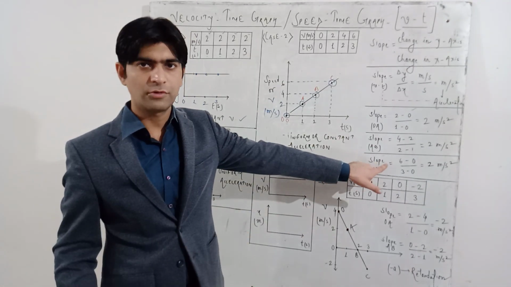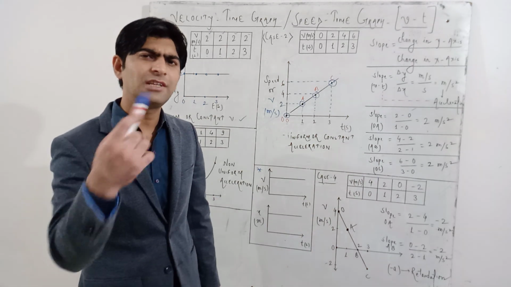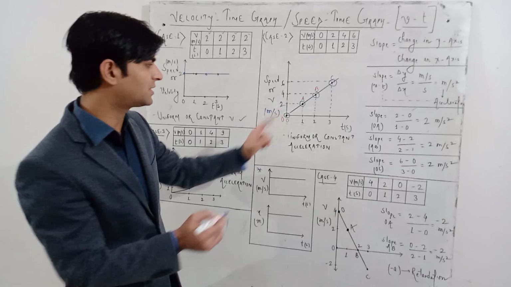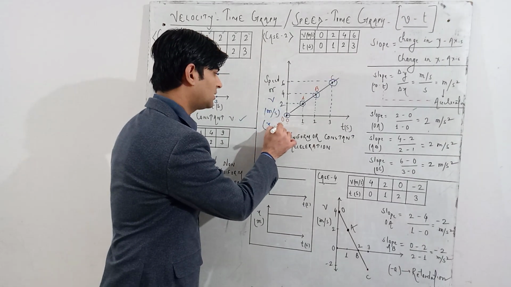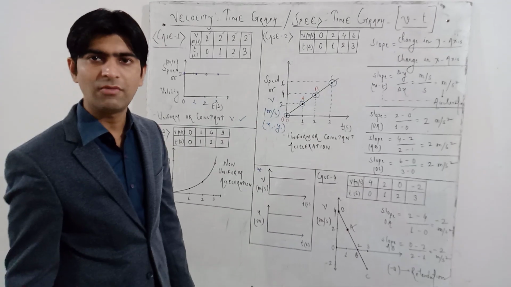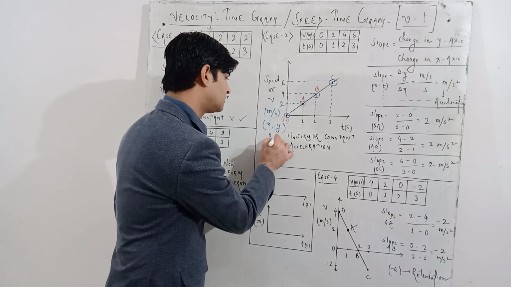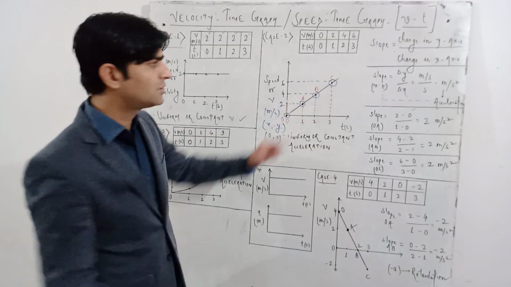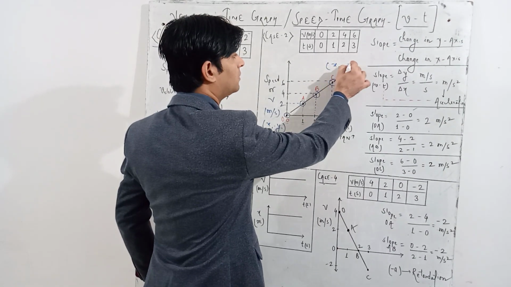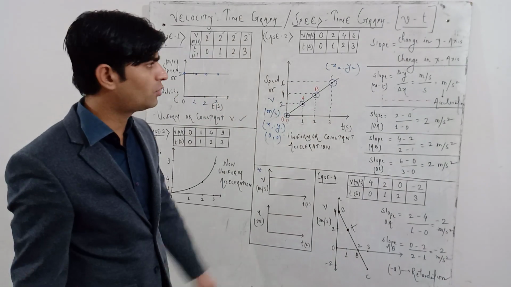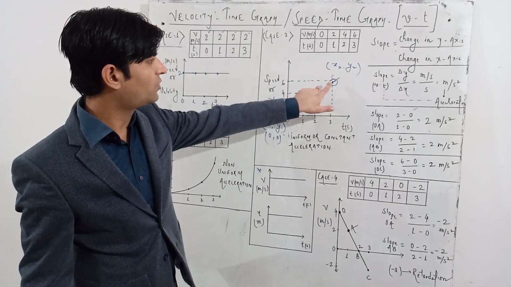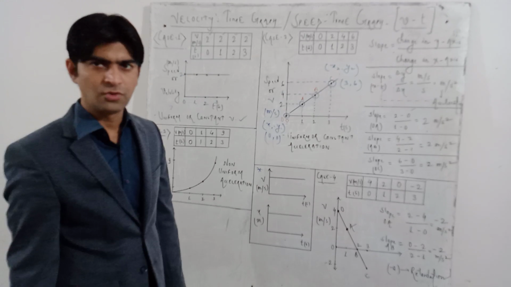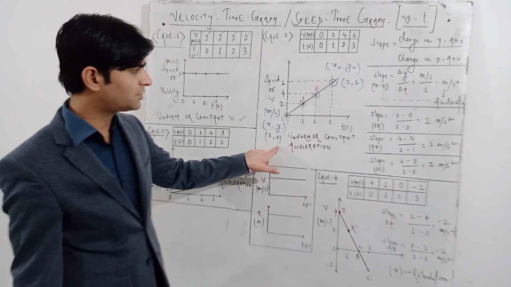If you calculate the slope for OC, now with the help of writing the coordinates also you can calculate the slope. See here, suppose you have to calculate the slope for OC. O is the starting point, so I will write coordinate x1 comma y1. Here it is origin, so it will be 0 comma 0. Ending point is point C, so here I will write x2 comma y2. Now what is x here? 3. What is y here? 6. So this coordinate becomes 3 comma 6. Now you got the coordinates of both the points, 0 comma 0 and 3 comma 6.